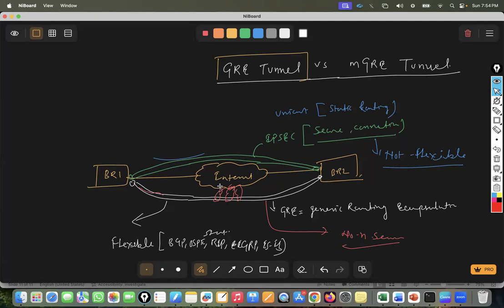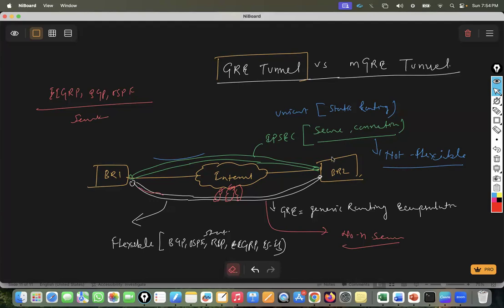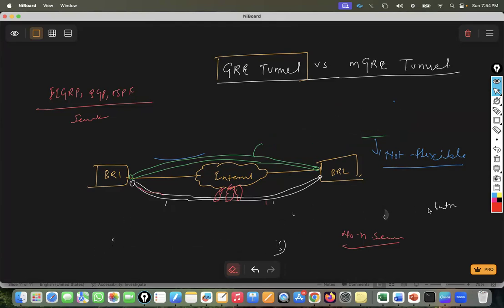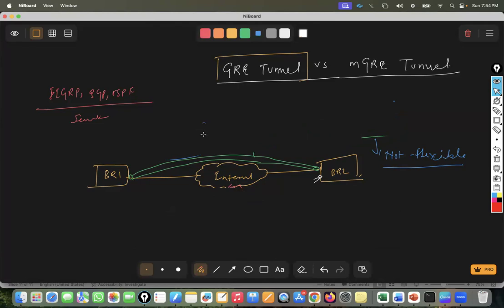So what is the solution? If I want to run EIGRP, BGP, or OSPF between these two branches, and I also want security, then what solution do I have? We cannot use IPsec alone, and we cannot use GRE alone. The solution is that we can combine these and create one tunnel. Let me create a tunnel. Let's suppose the green one is a tunnel, and this tunnel is known as GRE